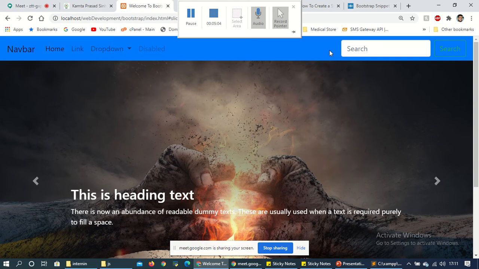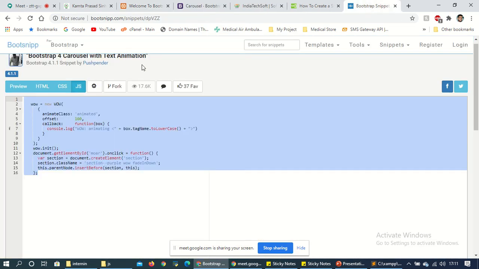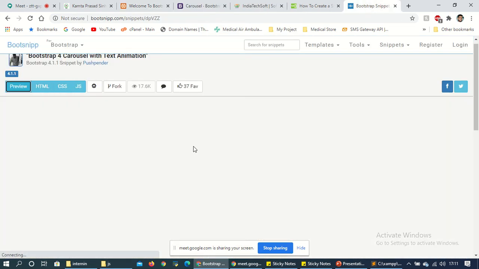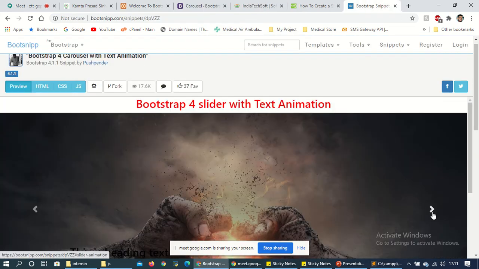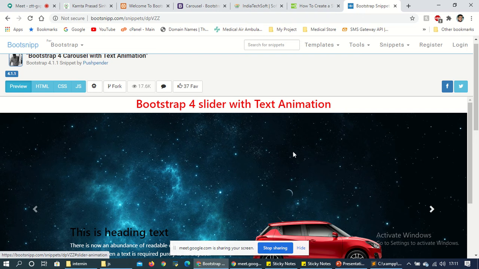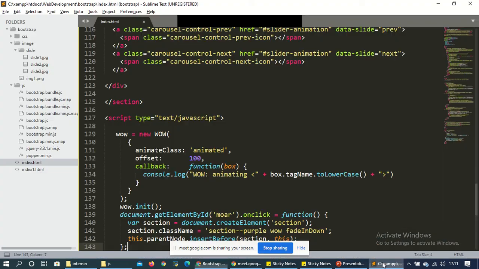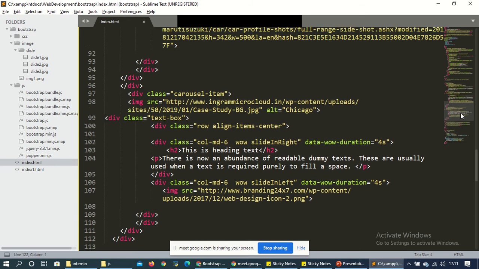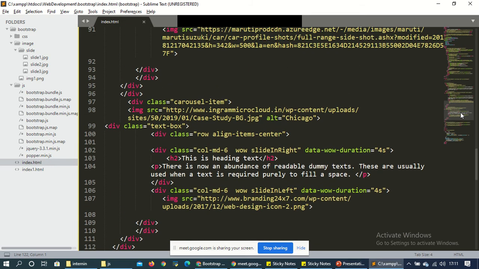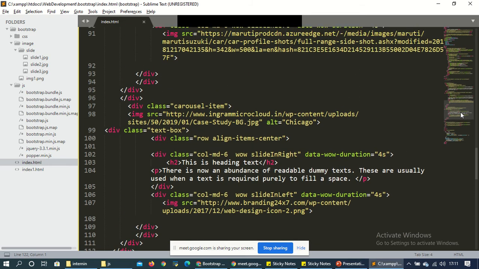Now come to Bootsnip and see the preview. This is the first image, this is the second image. Let's see whether the second image is coming or not. The same code we downloaded from the Bootstrap site is here.